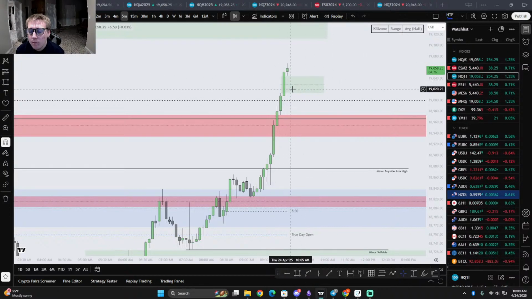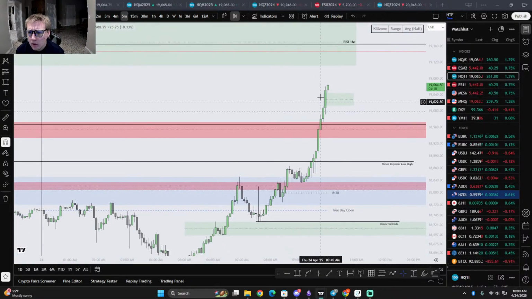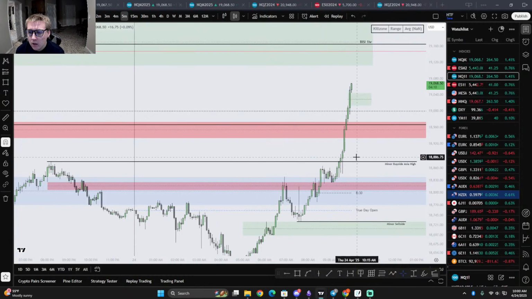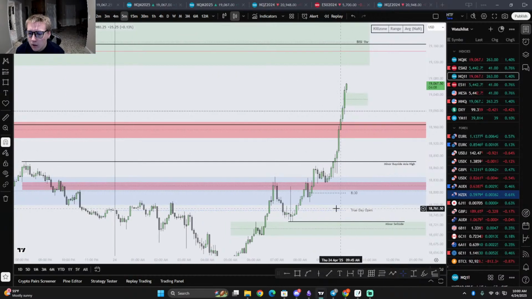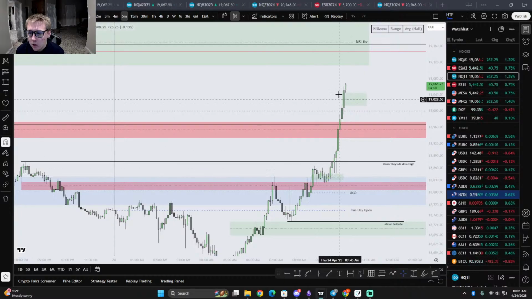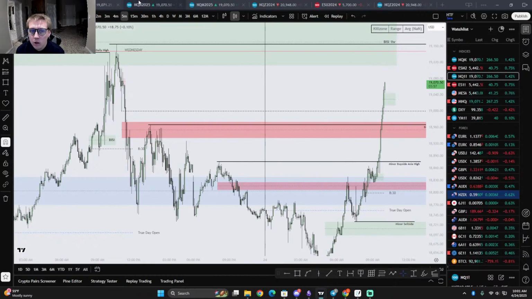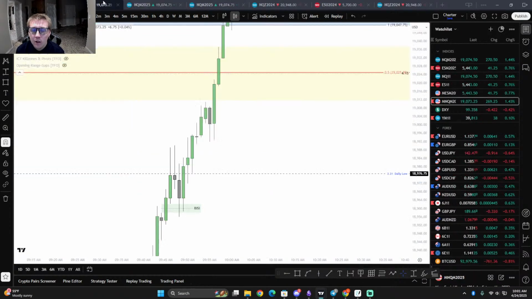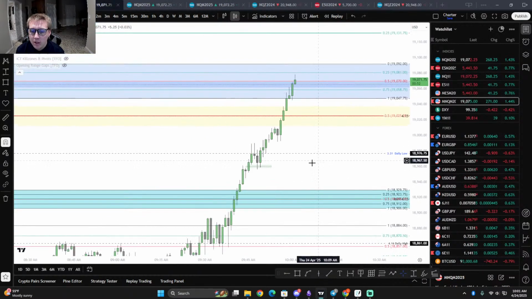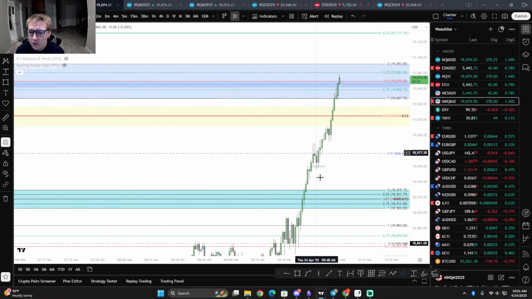We have a 5 minute buy side imbalance. This is kind of too deep in a premium. Sure, we can use it, but that's not something that I want to use as a model, something that I need. And then we have this lower discount fair value gap that could get traded into, but it does not look like it at all. Notice how this whole run higher, you don't really have any 5 minute imbalance that we're trading back into. You just have this that we use here, and then it's just off to the races. Just a very nice low resistance liquidity run. And honestly, these are the profiles that I don't do the best in. It's just that 9:30 straight rip.